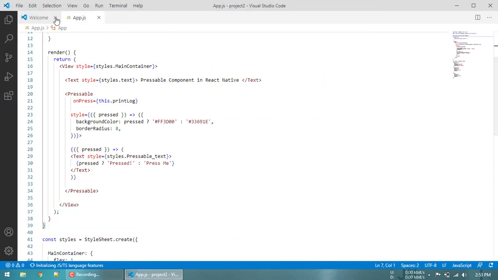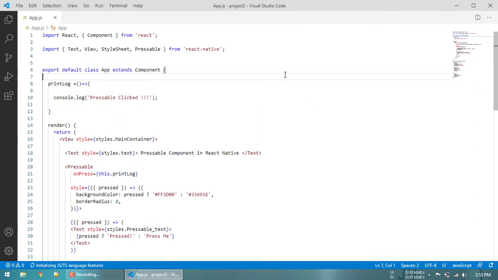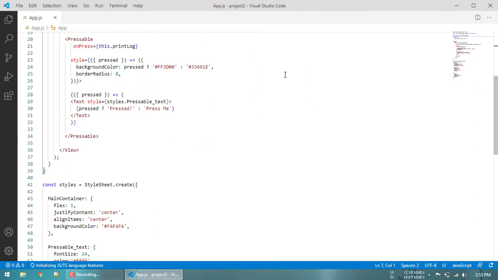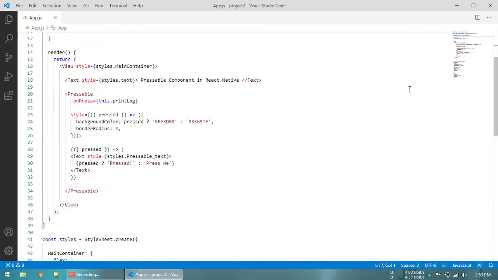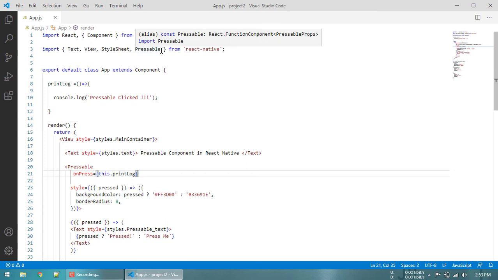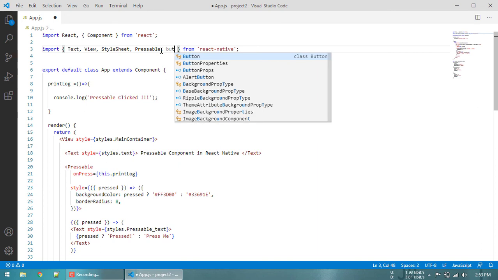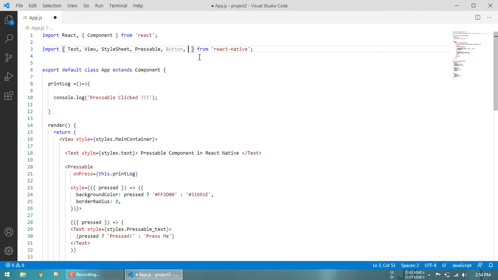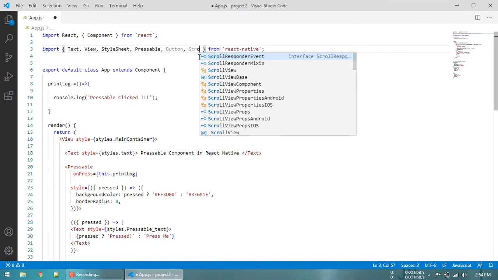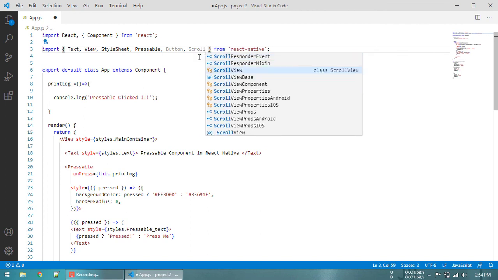Now you can see it has automatically highlighted the area and automatically set all the syntax in React Native, which is based on JavaScript. Now guys, this is the basic tutorial on how to use Visual Studio Code with React Native. You can now start coding with Visual Studio Code, and it will show you all the suggestions. For example, now I press a comma and type BUTT, and here you can see the Button component name will automatically appear. Now I again press the comma and type scroll view, SCROLL, and you can see it is showing me all the suggestions, which is very useful for beginner developers.